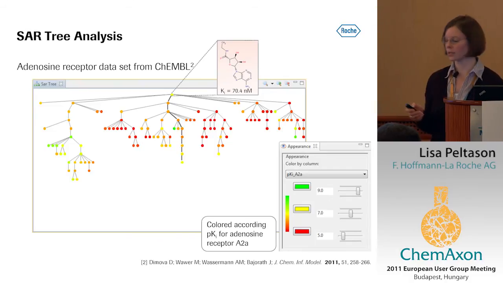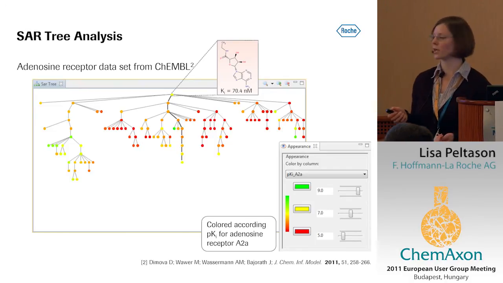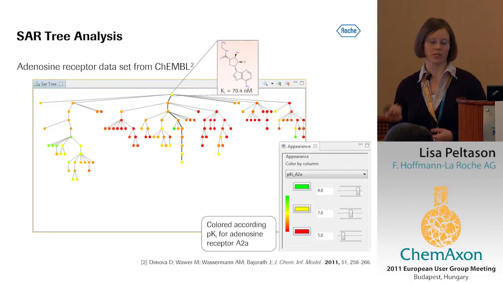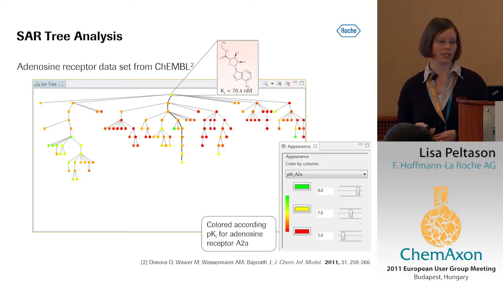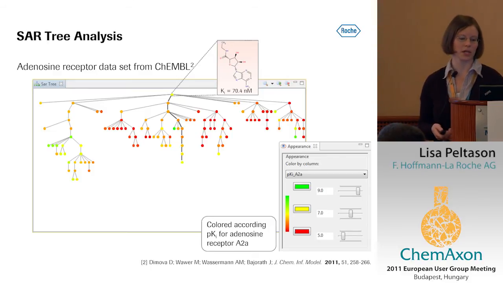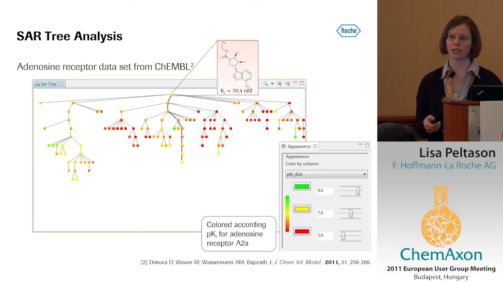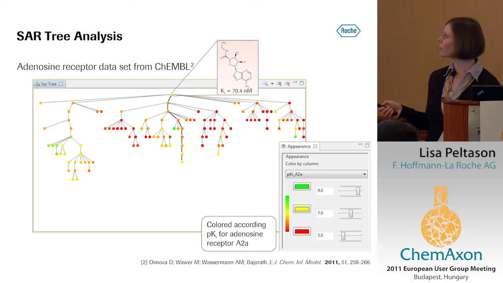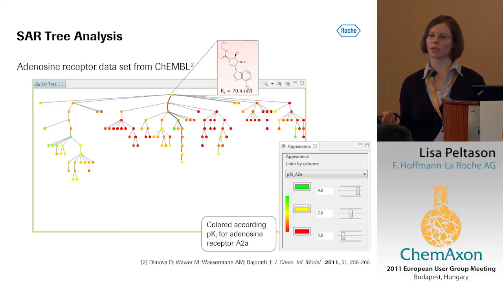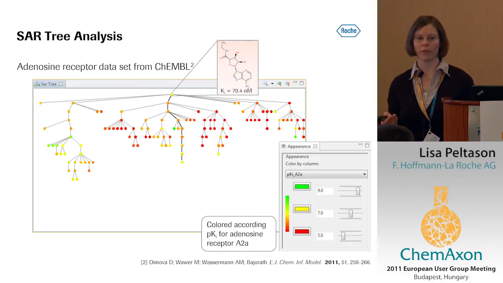Here I've just selected a publicly available data set of adenosine receptor inhibitors in that case, or antagonists. It's a Campbell data set which was part of a publication also published by the Bio-Rad group again. In this tree here I have colored all the molecules according to the logarithmic affinity value towards the A2A receptor